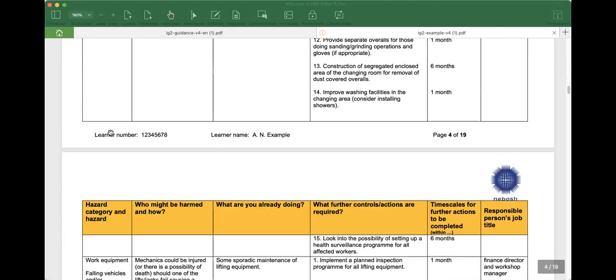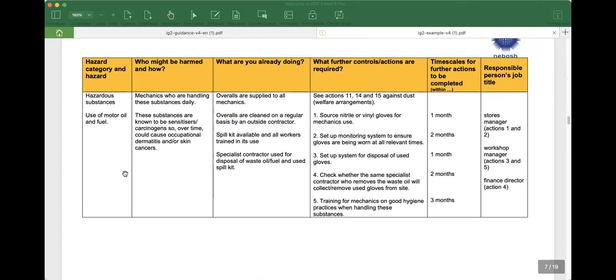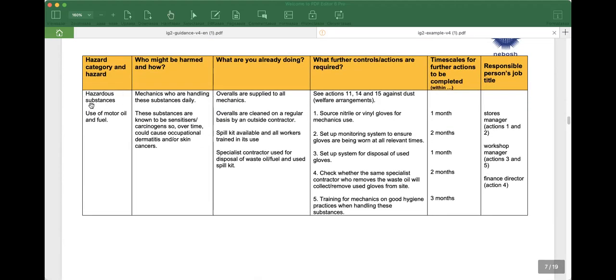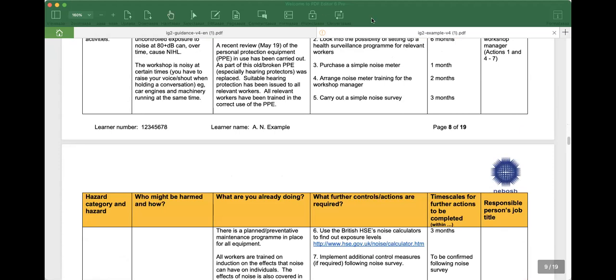Now we can look at another one. Again you can see the hazard category: hazardous substances is the hazard category, and use of motor oil and fuel is the hazard. So you need to produce five hazard categories, and for every hazard category you need to produce two hazards. So five different hazard categories mean you need to produce a maximum of 10 hazards. So when you complete these two sections,